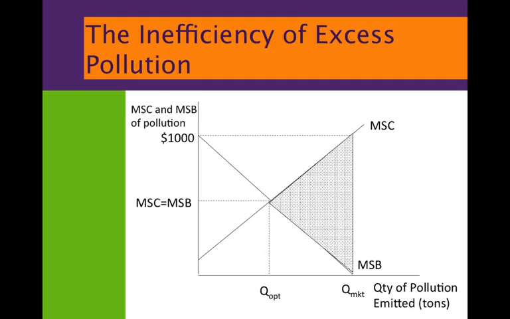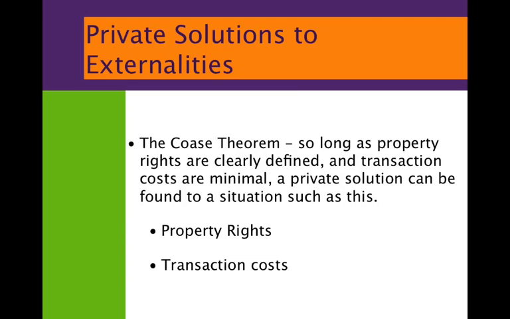So there's a couple of different ways we can solve this problem. We'll get into Mod 75 where we talk about government policies, but for now we're going to talk about our good buddy Ronald Coase, a pretty important economist. He basically came up with this pretty cool theorem that maybe a private solution versus a public solution could occur. So let's give an example where, let's say you lived in a house in a beautiful, lovely neighborhood,